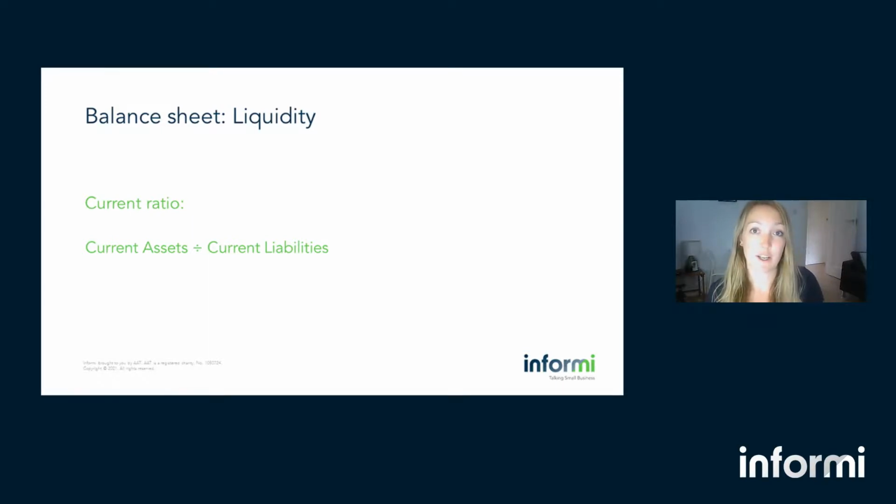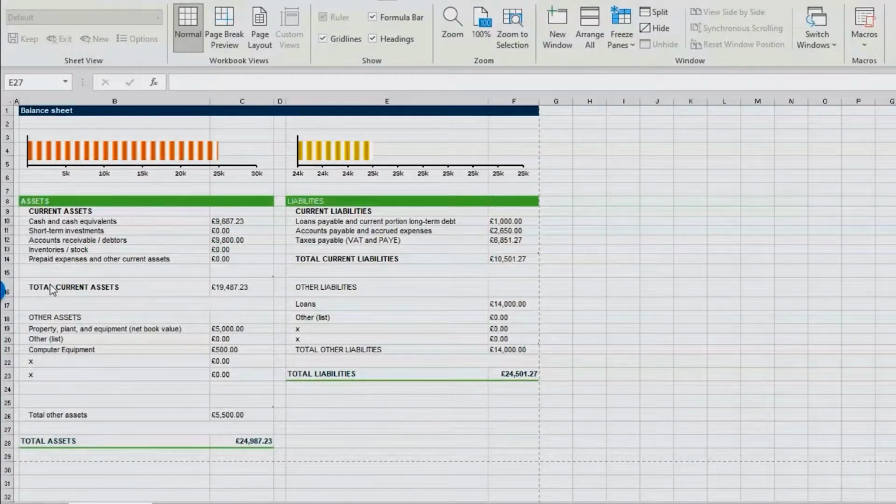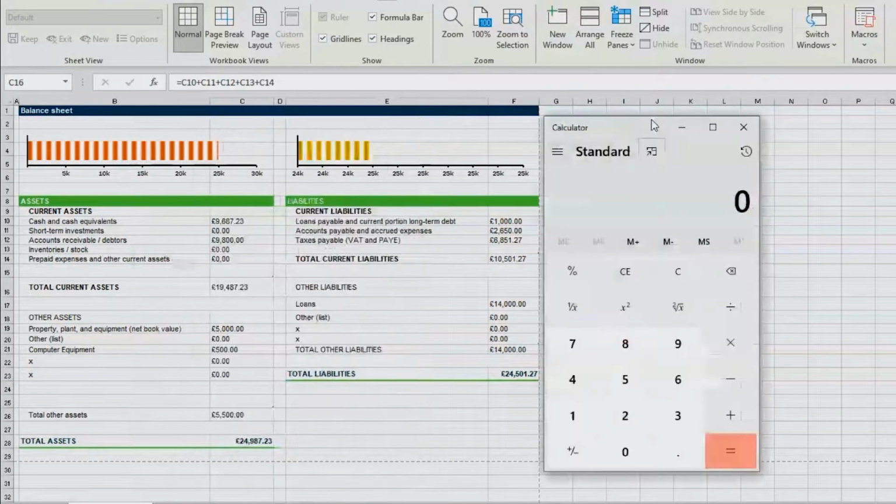We're just going to look over at our balance sheet spreadsheet so that you can see what these figures look like in a real report. Looking at our balance sheet template again, in order to calculate the liquidity on your balance sheet, you take your current assets figure and divide it by total current liabilities. In this example, we would be dividing £19,487.23 by £10,501.27, and we will get a figure, using my calculator here, of